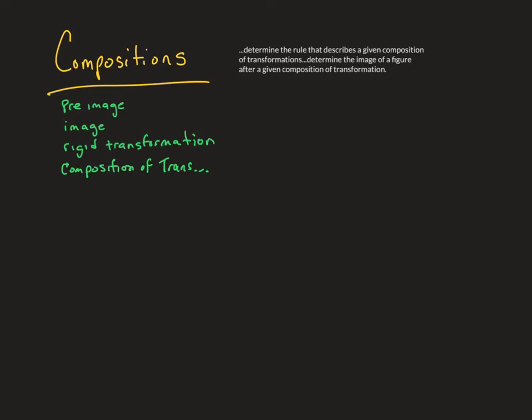compositions, compositions are going to be a combination of two or more transformations performed in a sequence. So we want to be able to determine the rule that describes a given composition of transformations and determine the image of a figure after a given composition of transformations. So a composition consists of, as we think about our rigid transformations, our indications here,